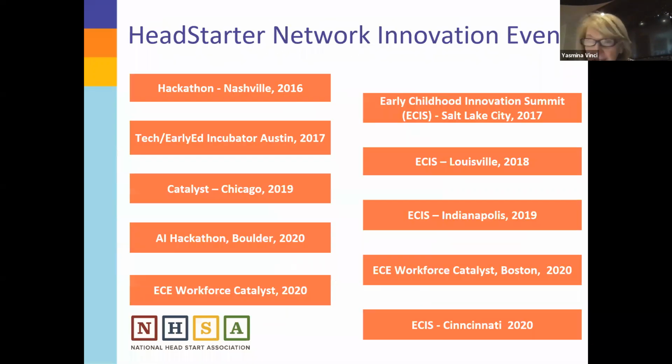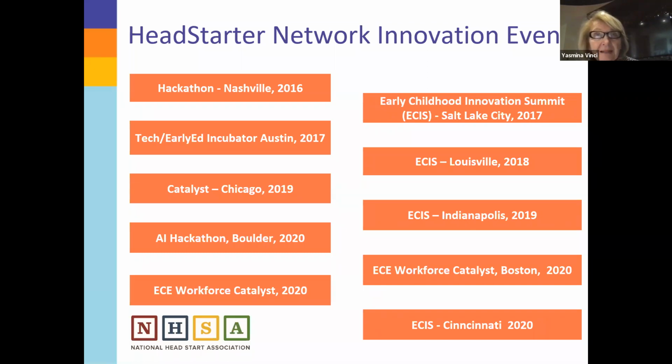So on the next slide, we show the network. The HeadStarter Network does most of these things through innovation events, and all these people I just listed participate in them. It's a very creative, exciting mix when we meet together, either for a hackathon or an incubator for tech and early ed. And we had a catalyst in Chicago on the intersection of neuroscience, early childhood, and technology. What came out of that was this absolutely amazing project that we're in the middle of right now,